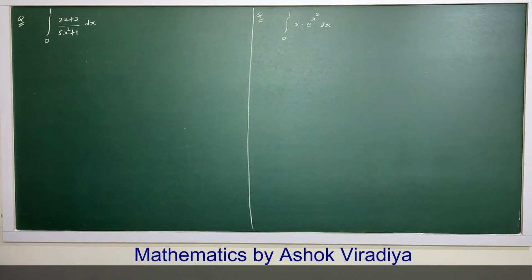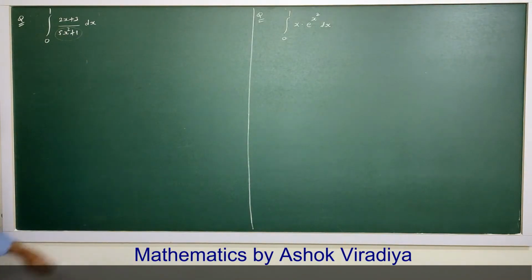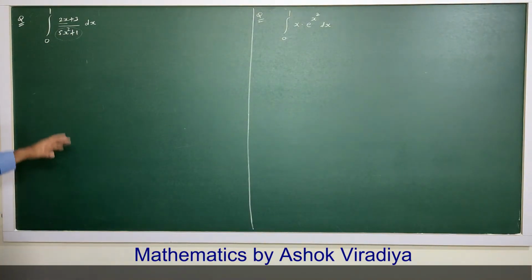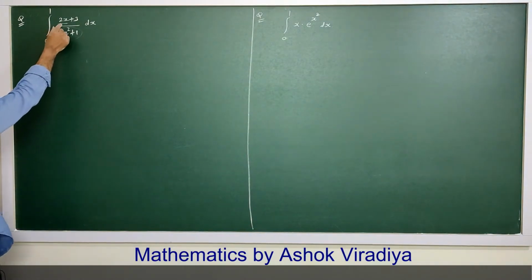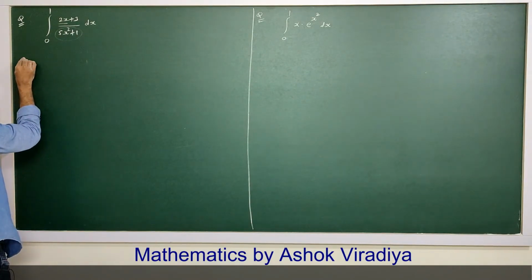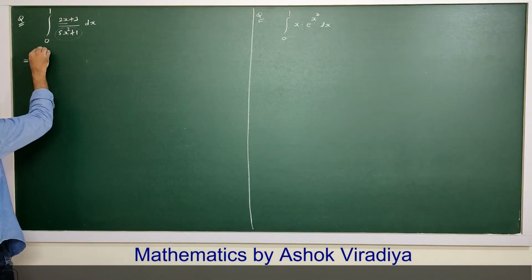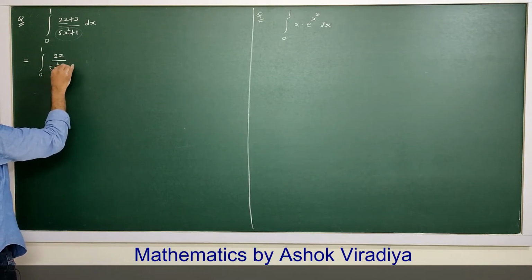Now say, the integral of 2x plus 3 upon 5x square plus 1 over 0 to 1. Look here, this is 5x square plus 1 and here it is 2x. So in the beginning, to integrate this, what we do, we divide this separately. So it is equal to the integral from 0 to 1 of 2x upon 5x square plus 1 dx